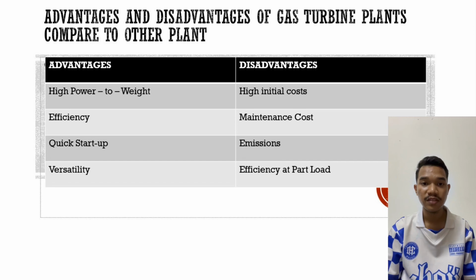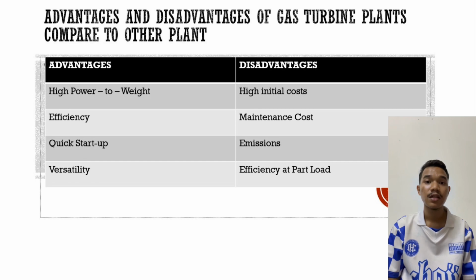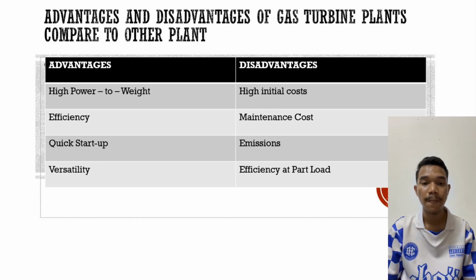So today I will present about the advantages and disadvantages of gas turbine. The advantage of gas turbine is high power to weight ratio. Gas turbines offer a high power output relative to their weight, making them suitable for applications with constraints like aircraft propulsion. Second is efficiency. Gas turbines can operate at high efficiency levels, especially in continuous steady state conditions, making them